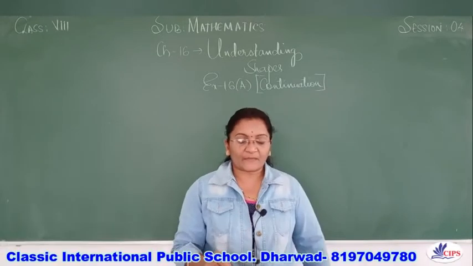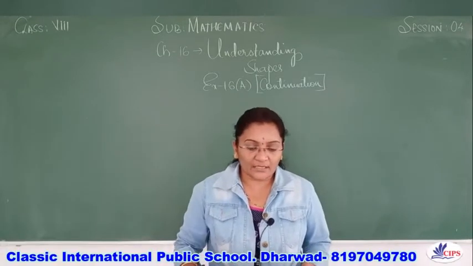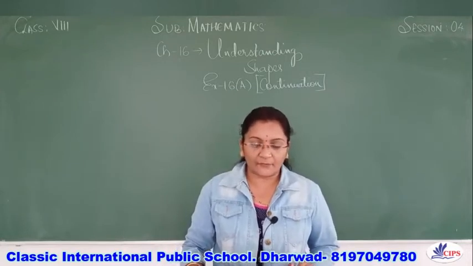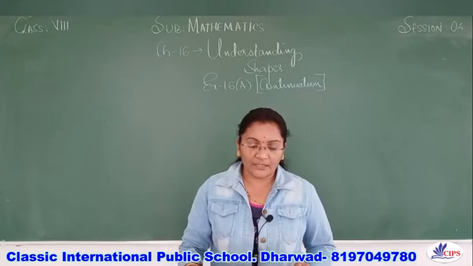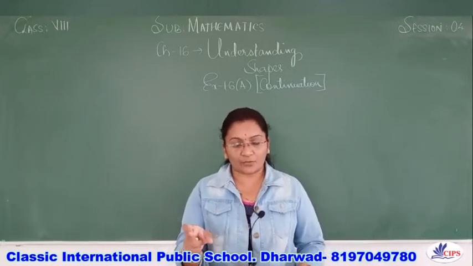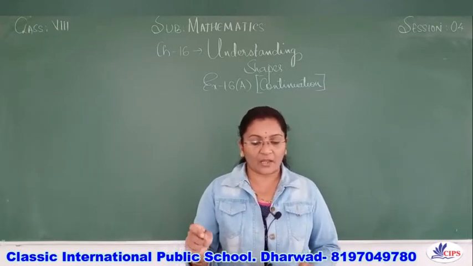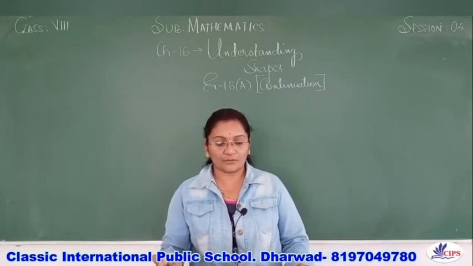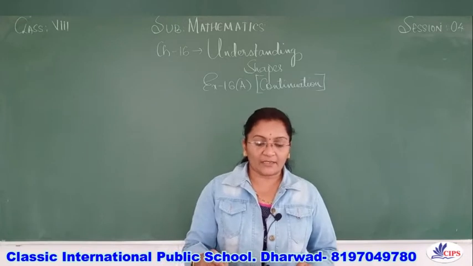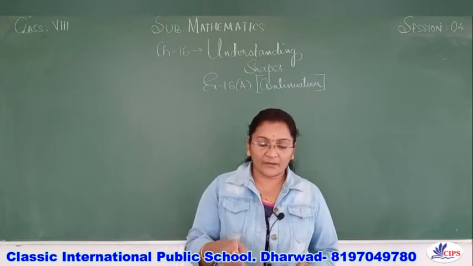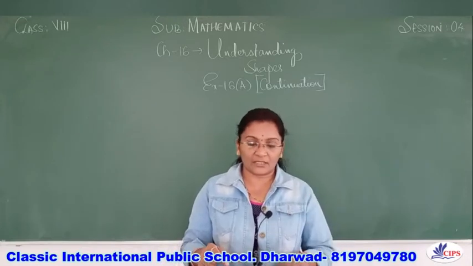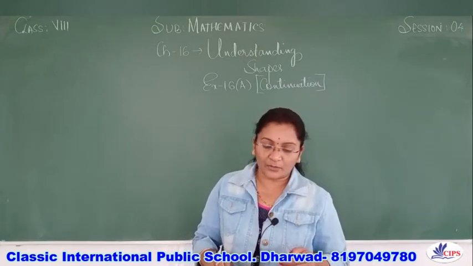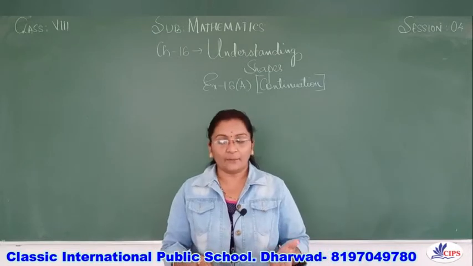So 12th one: in a hexagon ABCDEF, side AB is parallel to side FE and they have given the ratio, angle B is to angle C is to angle D is to angle E is equal to 6:4:2:3. Find angle B and D, they have asked you. So here we have to draw the diagram, but in the 10th they had given the diagram and told that AB was parallel to ED. Here they have given you AB and FE are parallel to each other.